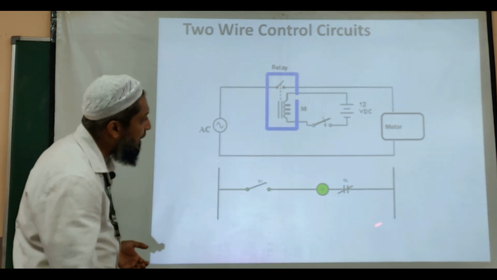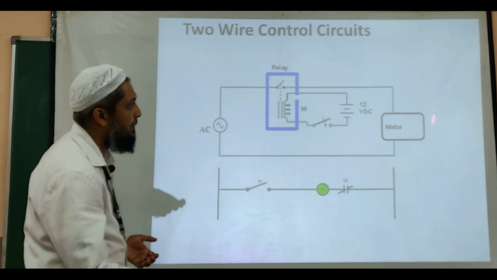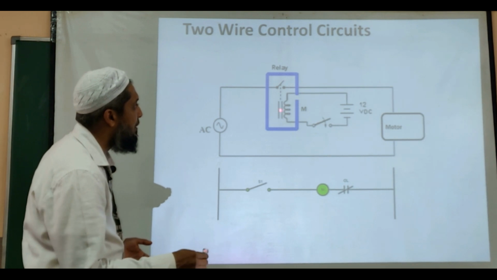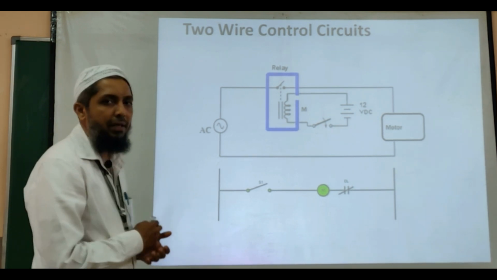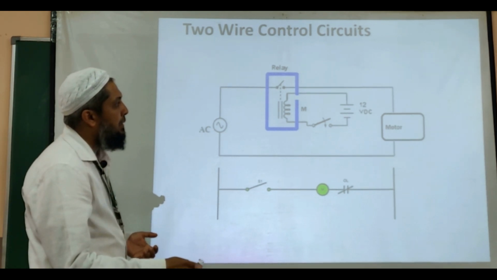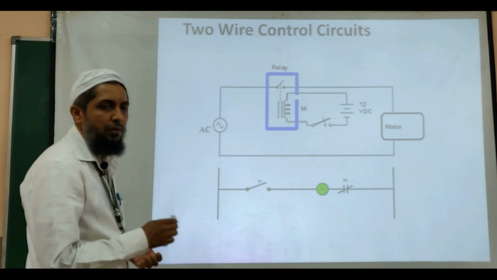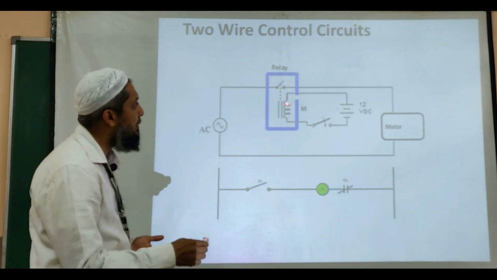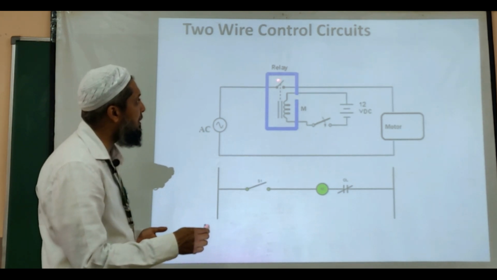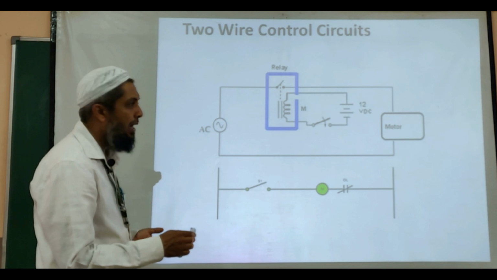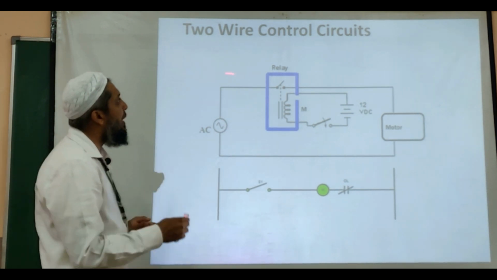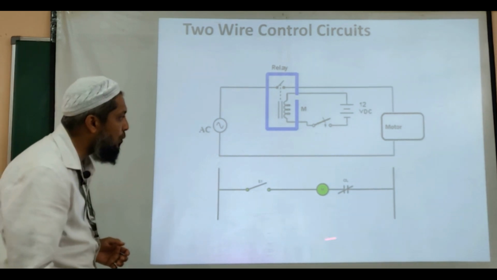This circuit is the control circuit of this application. That is this part. That is, this is the contactor, this is the coil, and this is the maintained contact. So when this maintained contact is closed, the low voltage supply is given to the coil, and this coil is energized, which closes the contactor of the coil, and supply is connected to the motor. So this is about the 2-wire control circuit, and this is its control circuit.